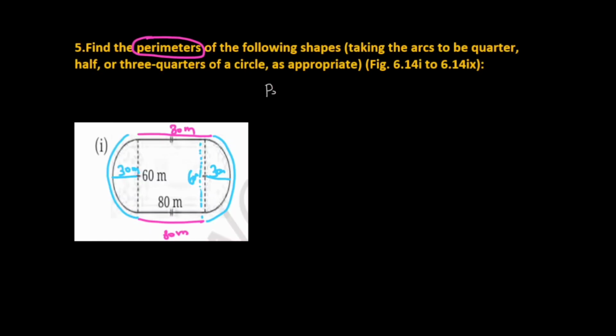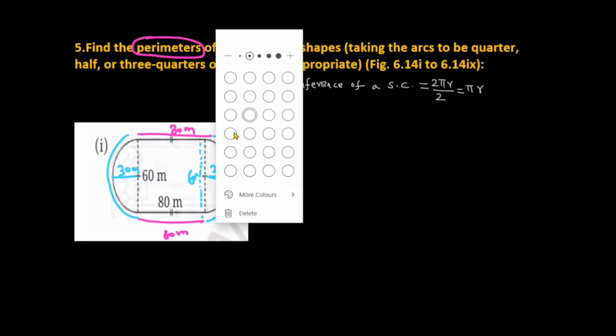So perimeter or circumference of a semicircle. We know very well the circumference of the circle is 2 pi r. So the circumference of a semicircle is 2 pi r divided by 2, half of the circle's circumference, which is pi r. So our arc length is, this is L1,